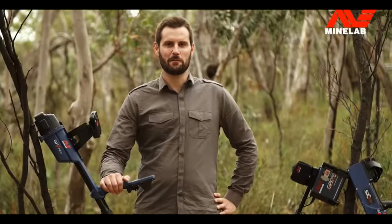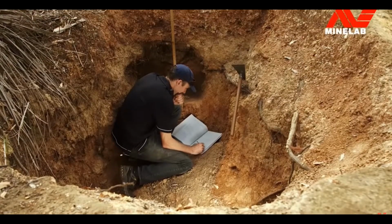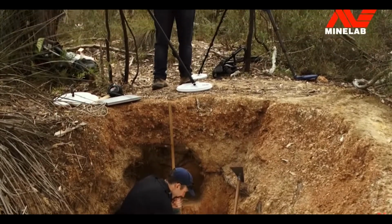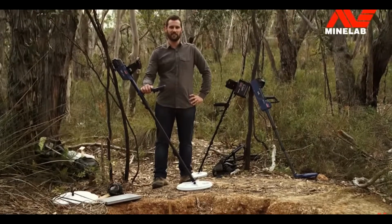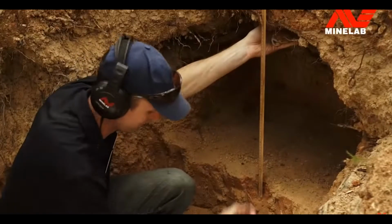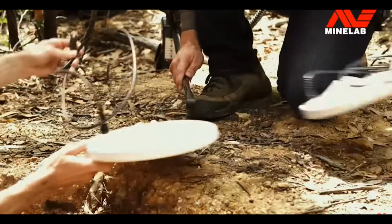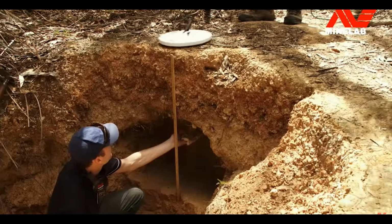So, how deep will the GPZ really go? We've compared the GPZ7000 to other gold detectors and carried out testing on various sized gold nuggets. We've tested here at Jupiter Creek and also in goldfields interstate and overseas. We first used a GPX 5000 with an 11-inch monoloop coil as an out-of-the-box reference, and then swapped over to the 15 by 12-inch for a like-for-like coil size comparison,